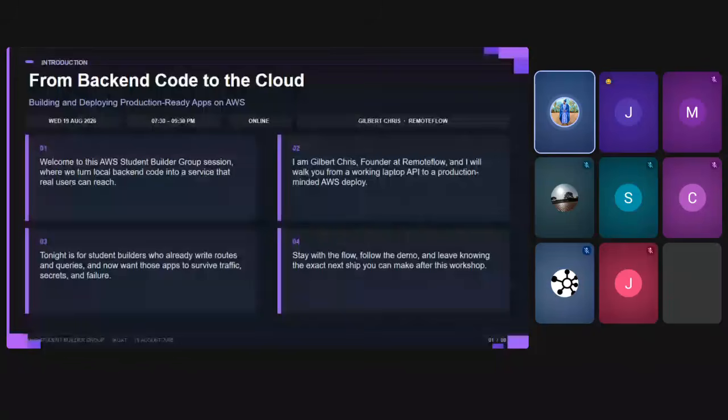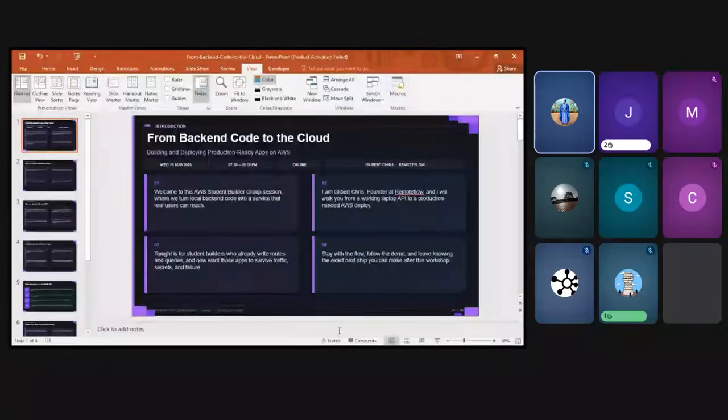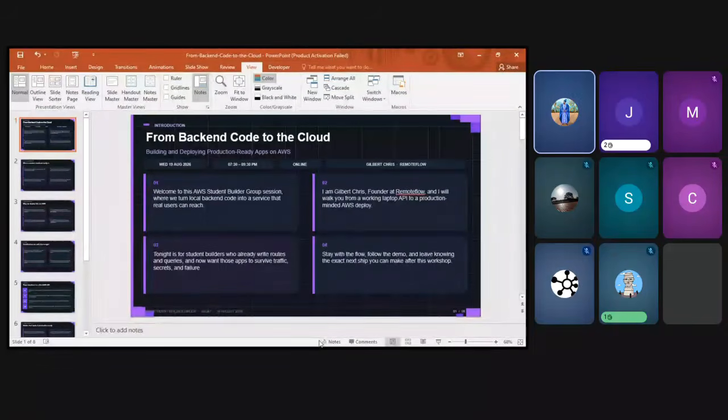Quick one: who has done projects, whether on localhost, on GitHub, or live with people using it? How many people?